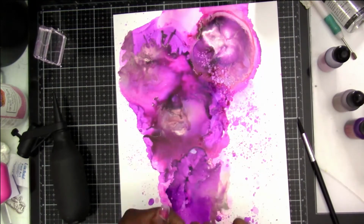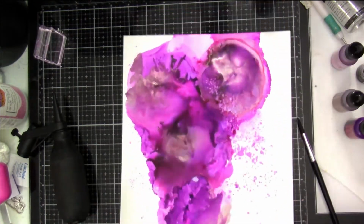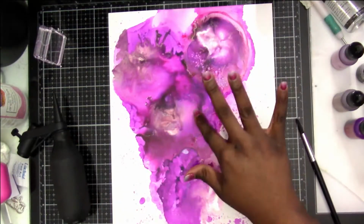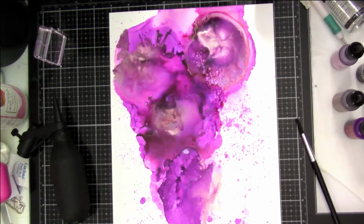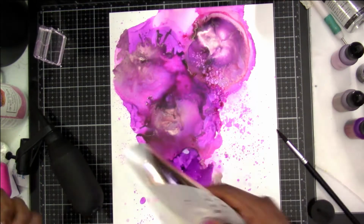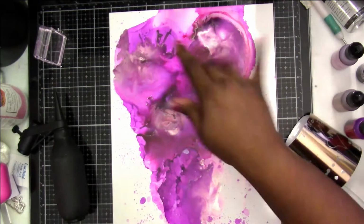I can see a little hint of pink, and it wouldn't bother me if it stayed or kept a little tint of pink because I was using it as a splatter for the alcohol inks. That doesn't bother me. But if you're one who doesn't like that, then you can use the blending solution to